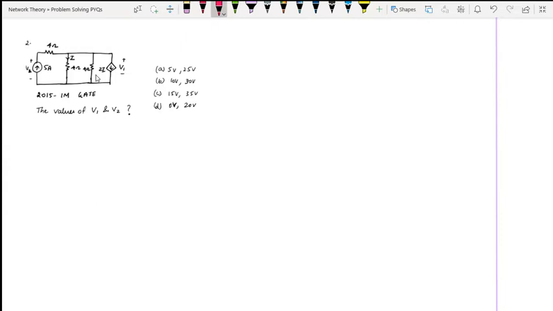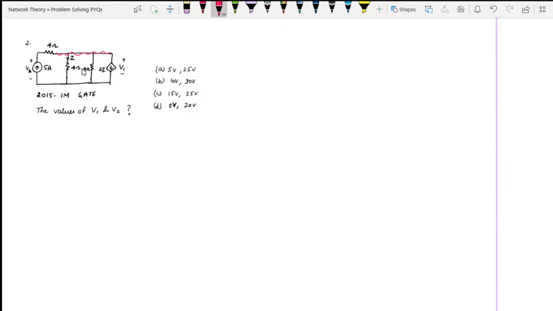And the second very important reason is that even if I use KVL and write three equations, I cannot write the voltage drop across this 5 amps directly. I have to say V2, I have to say V1. There's nothing else I can write, I can't simplify it further. Now, why I'm going to choose KCL is that there's only one node that I will be considering. This is going to be the same node.